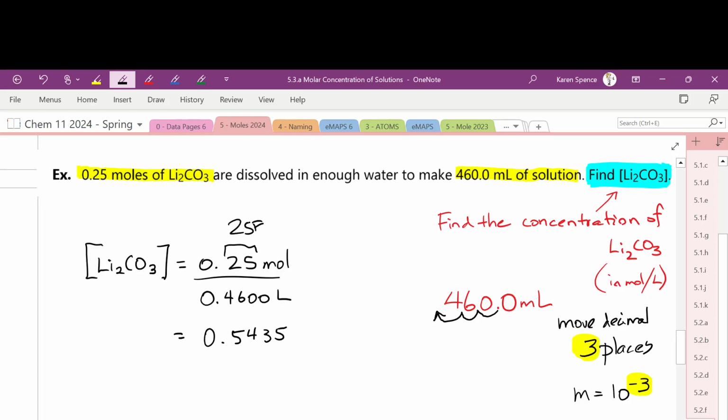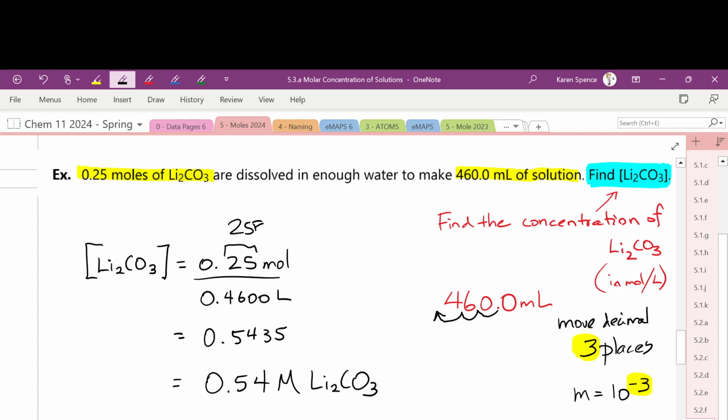Right? The 0 in front of the decimal. The zeros on the left never count. So we would have 0.54 M. Yes, we can either write it as 0.54 M. Tell your partner how you pronounce M. Molar. So we have 0.54 molar